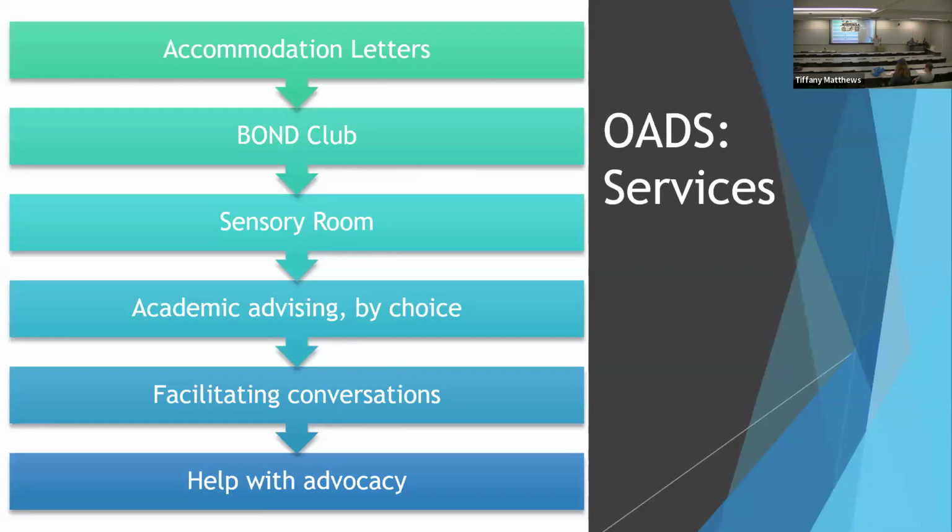Okay, so we went over the main piece that we have, which is the accommodation letters. We also have a social club called Bond Club, the Bureau of Neurodiversity, and it's open to all students. You don't just have to be part of the neurodiverse population. We typically meet in the Trio Lounge, and we have a Zoom link available. It's honestly a lot of fun because you never know which topics people are going to come in on. Everyone has a designated time for a topic they want to discuss, and some people have done presentations on different games, or a review of Sanderson's videos. So if you want to join in the fun of Bond Club, or I should say the chaos,